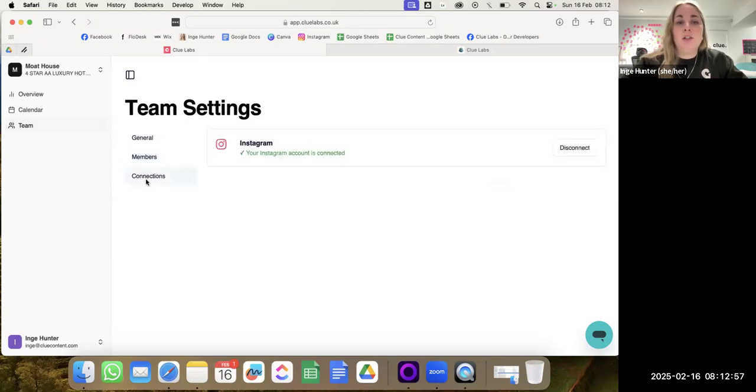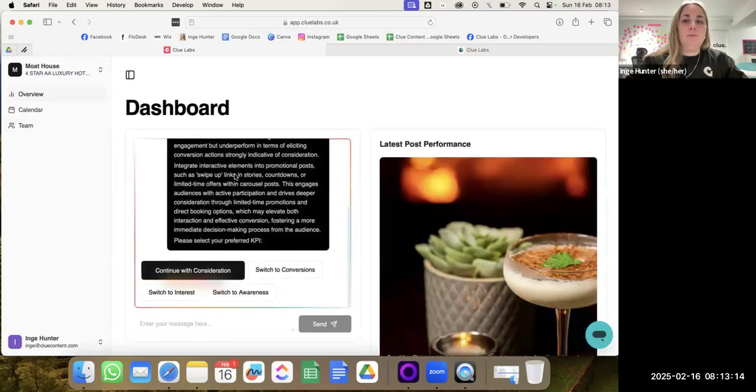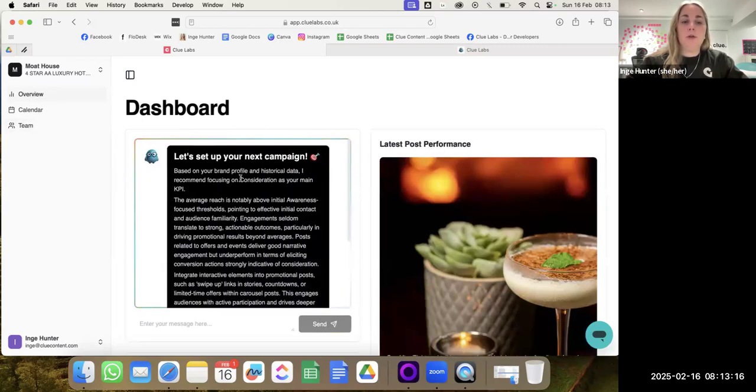And you can also head to your connections here. You can disconnect and reconnect your account. When I go over what's next, we are going to add in all of the main social media accounts, and you'll be able to manage them all from here. But once you have set up your team,